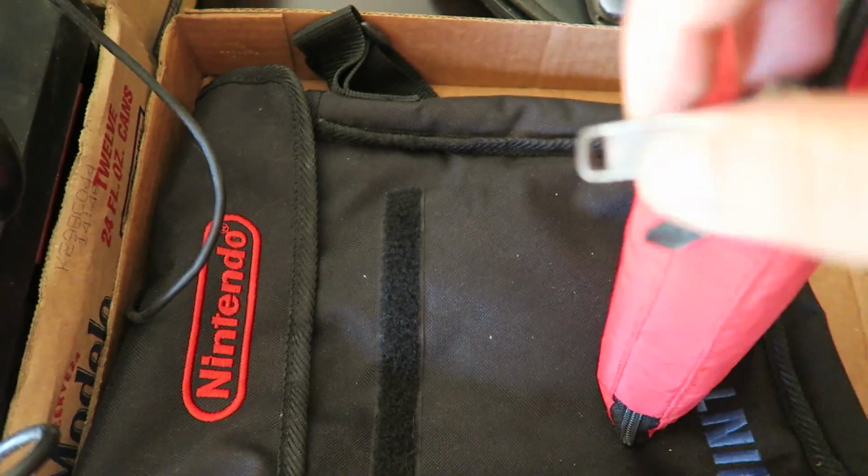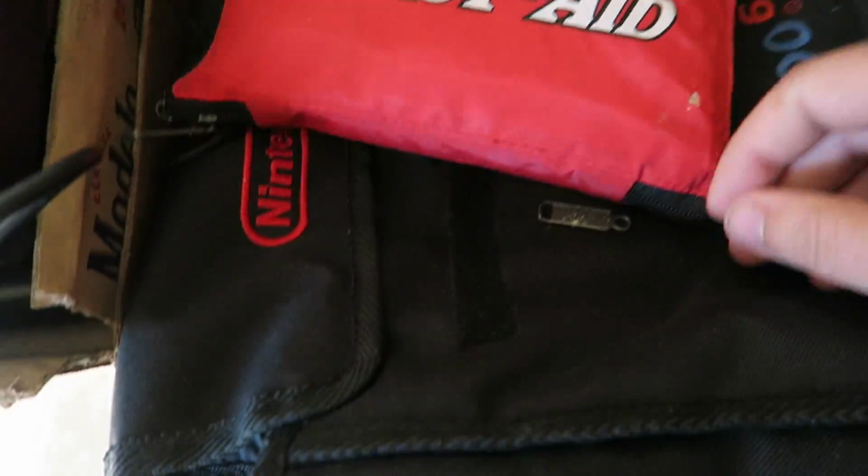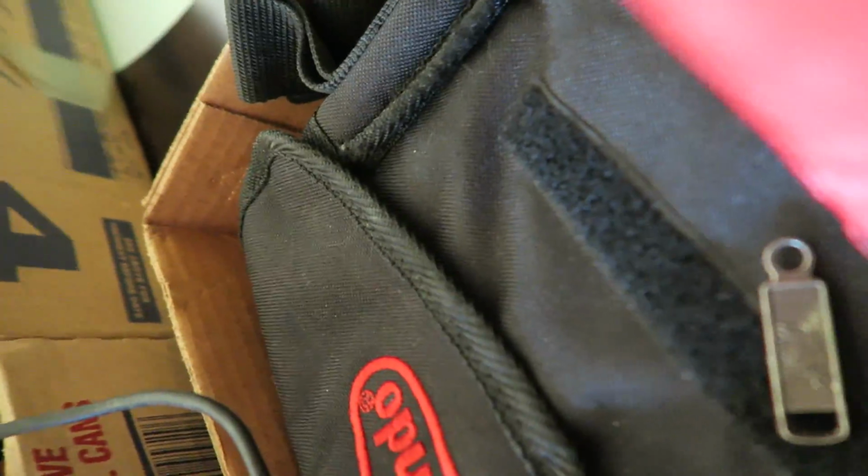This right here is actually pretty cool. It is not a first aid kit. Oh. Rip the first aid kit. Now, this is going to make it real hard one-handed. Okay, hold on. This was a box that no one else really...